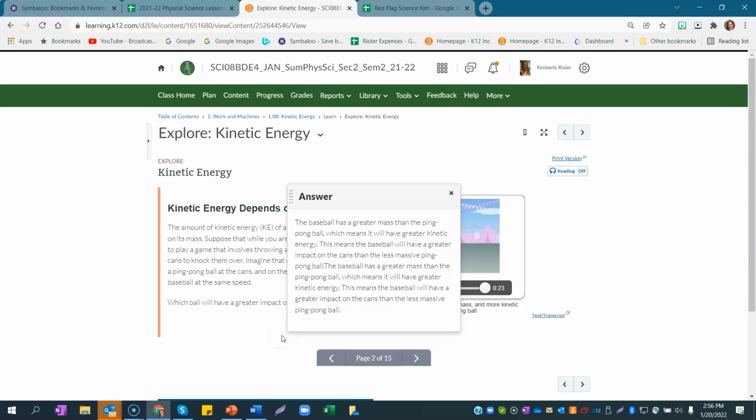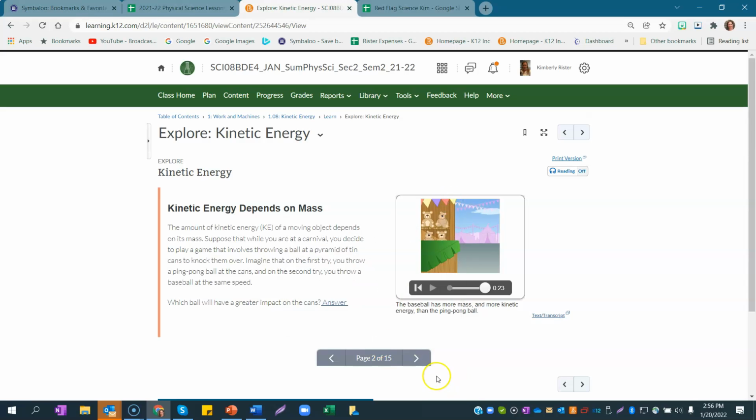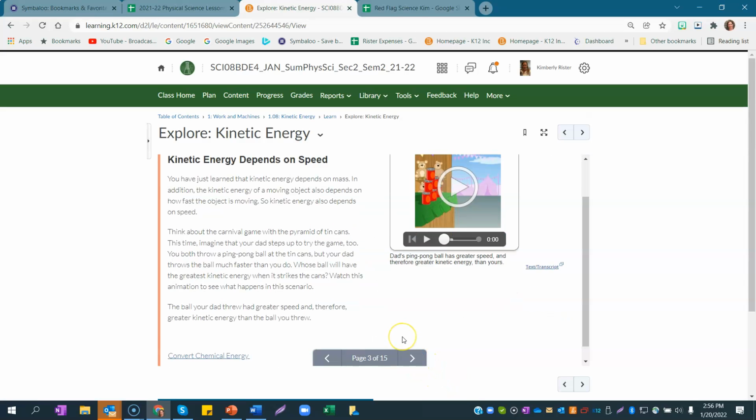This means the baseball will have a greater impact on the cans than the less massive ping pong ball. That seemed like a very repetitive sentence. All right, so as we go on,